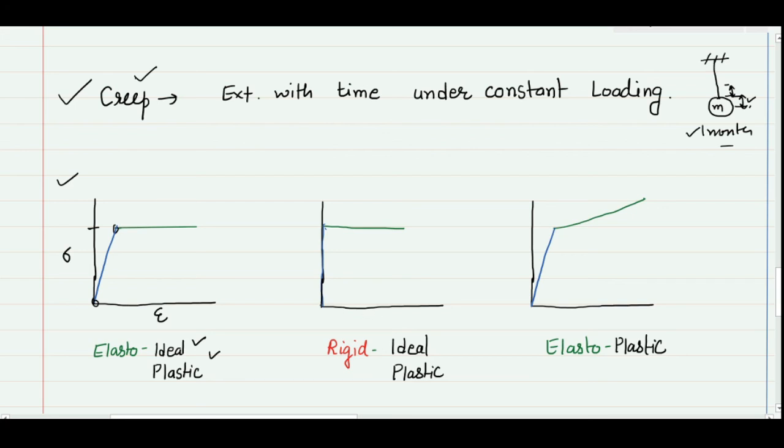In the second figure, there is no change in length up to this load value. That means the material is behaving like a rigid material, with no deformation up to this stress value, and then suddenly we have a straight line of ideal plastic flow. So this behavior is known as rigid ideal plastic behavior. And the third one is your common material, which mild steel shows: there is an elastic limit, and after that you have to increase the load again to get plastic deformation. This type of material is normally defined as an elastoplastic material, and mild steel is also an elastoplastic material.